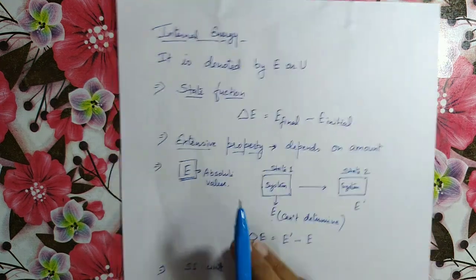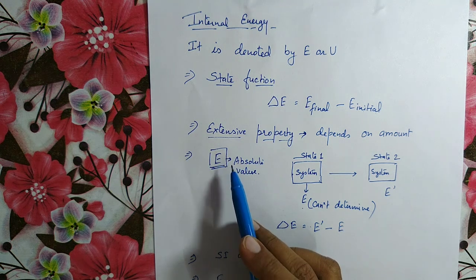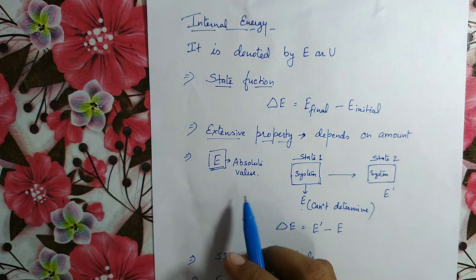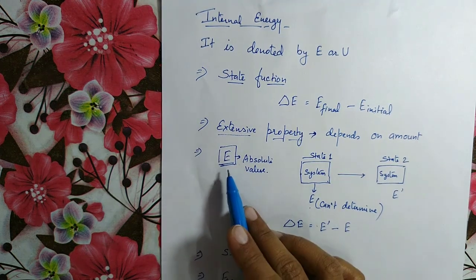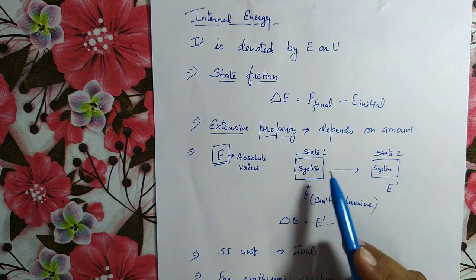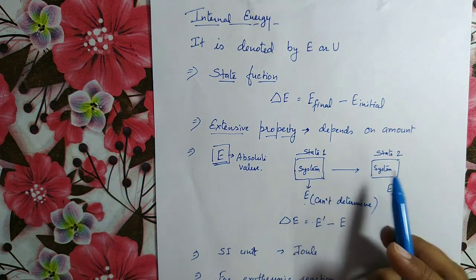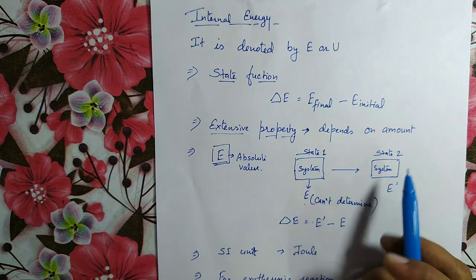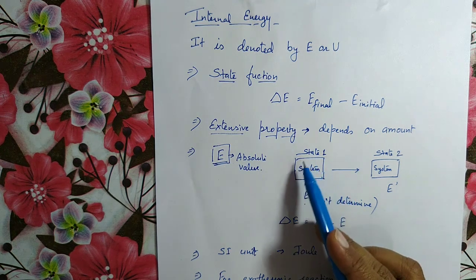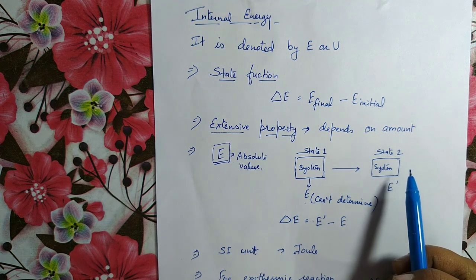Then the next point is that the absolute value of internal energy for any system can't be determined. You can't estimate the amount of internal energy present in any system, that is E can't be determined. But change in internal energy can be estimated, right? When any system changes its state, when any system goes from state 1 to state 2, then the internal energy will change, and this change in internal energy, that is del E, can be found. But you can't determine the absolute value of E of state 1 or state 2,